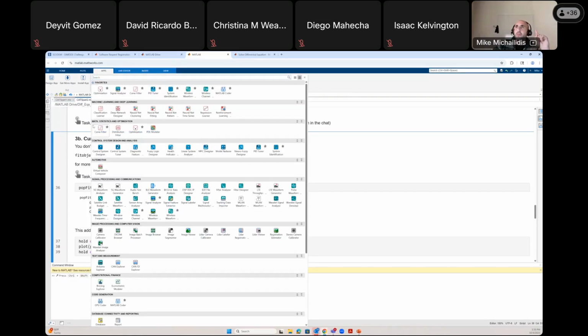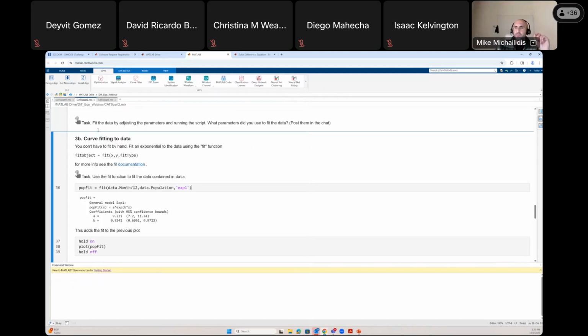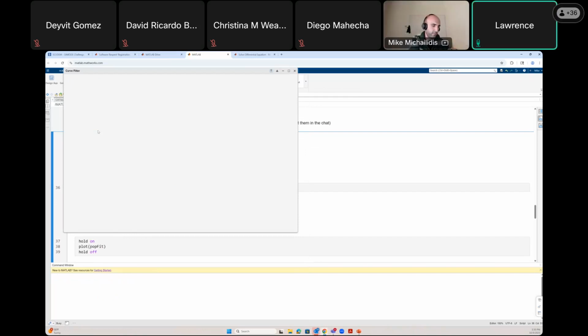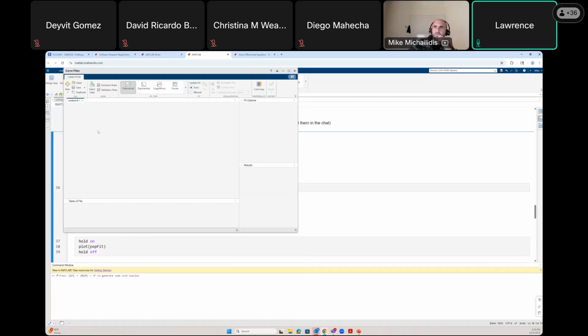In the math, statistics, and optimization category, you will find curve fitter, and you can favorite it if you want to have easy access to it. Anyway, we'll click on curve fitter. Give it a second